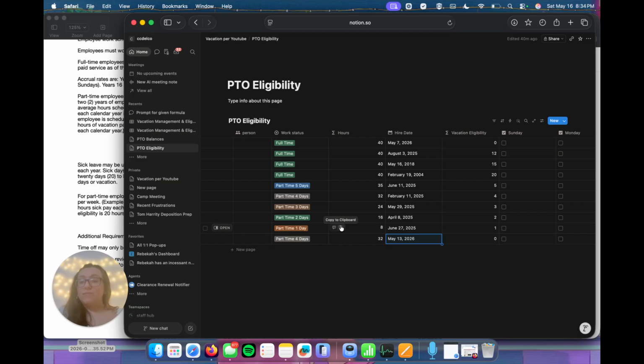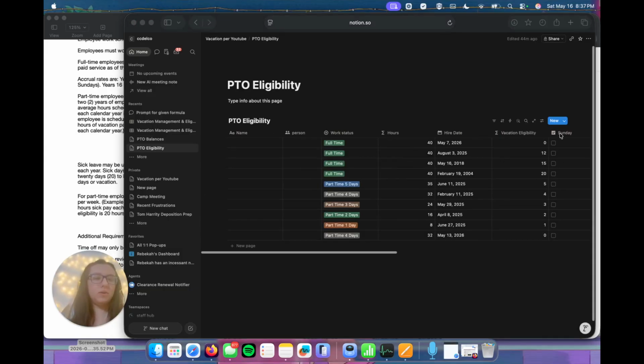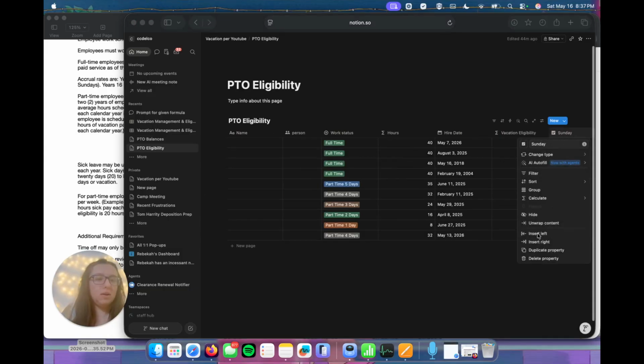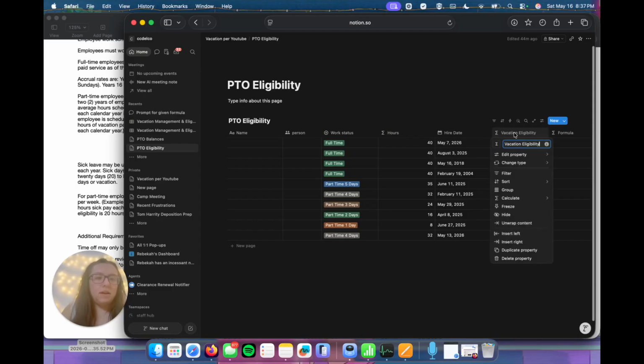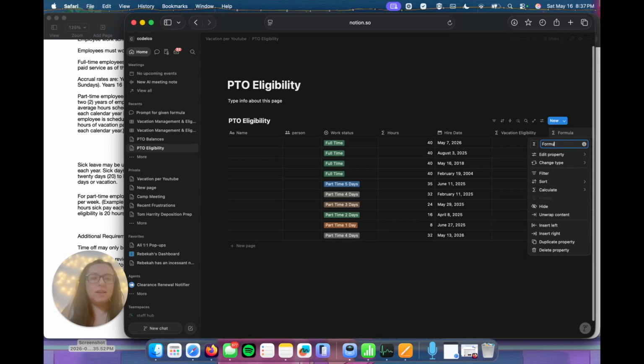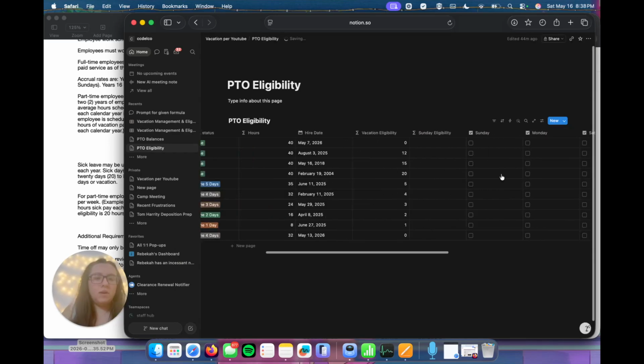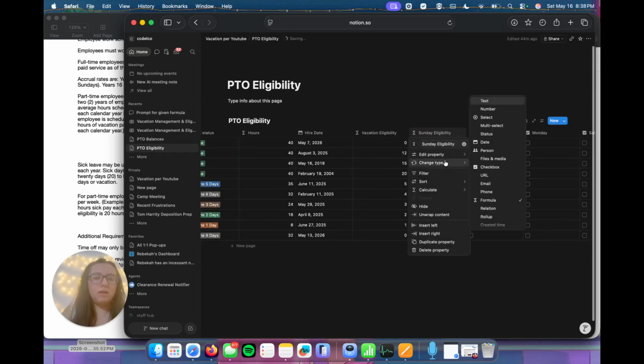Great. Next item is that we are going to need to calculate our Sundays. Okay, so we're going to add in our property here. We're going to create it to the left. We are going to use a formula property and we will call it Sunday eligibility. All right, for this formula,